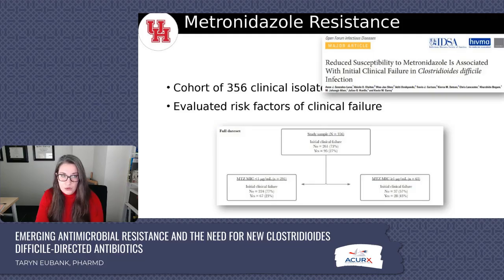So many papers have shown that compared to vancomycin, metronidazole is associated with worse patient outcomes. But this is one of the few papers that actually shows that it's associated with the susceptibility. And this is by one of my colleagues, Ann Gonzalez-Luna. And she looked into how the MIC, or minimum inhibitory concentration, or susceptibility, you'll see those interchangeably, impacts initial clinical failure. Her study had 356 clinical isolates with metronidazole susceptibility completed and used classification and regression tree, or CART analysis,